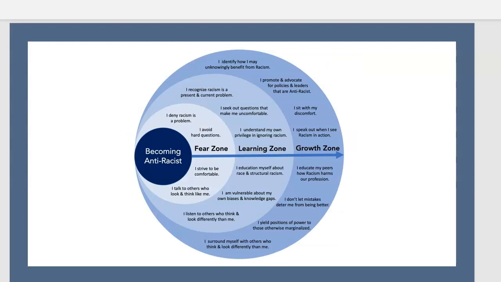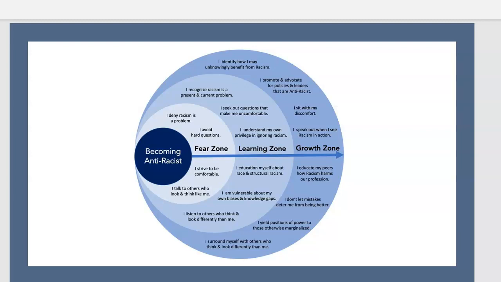So you may have seen this graphic on social media. This has been a very popular image that's making its way around. So the journey from racism to anti-racism needs to happen on a variety of levels, right? It needs to happen on a personal level, institutional level, community level, needs to happen within our organizations, certainly needs to happen within our social work practitioners and organizations and agencies. So in order to become an anti-racist, the easiest place to start is with personal action. And we need to acknowledge the ways that we fear talking about race, acknowledging race, and being able to discuss racial issues with our colleagues